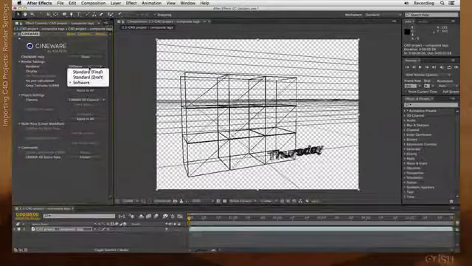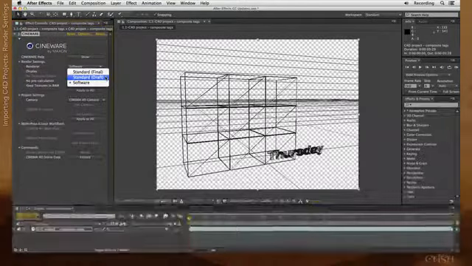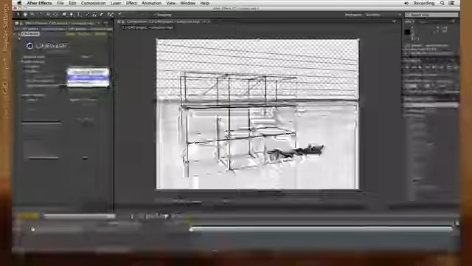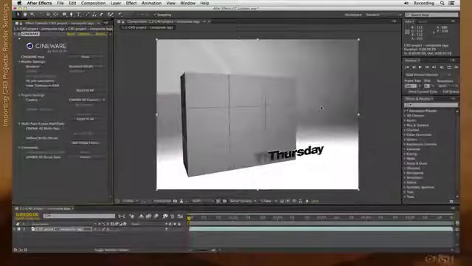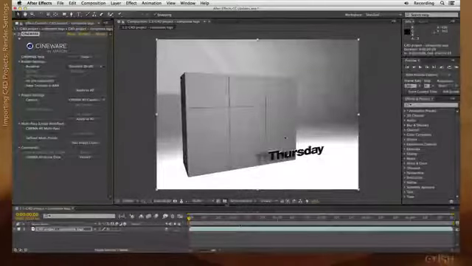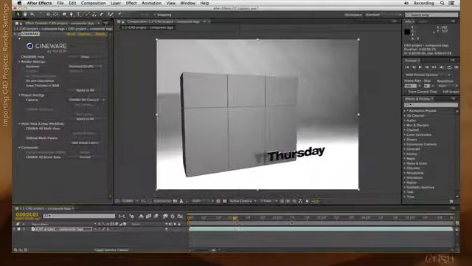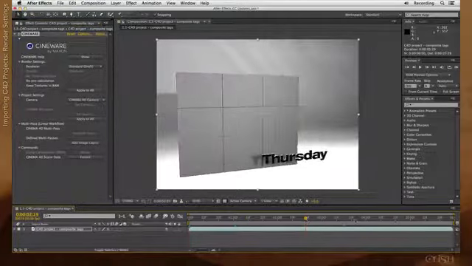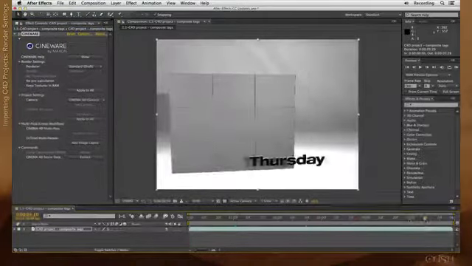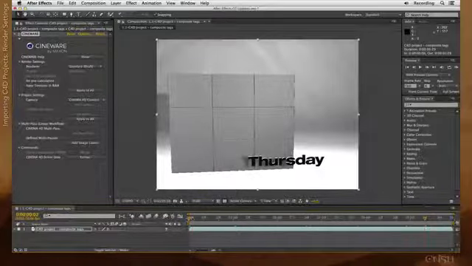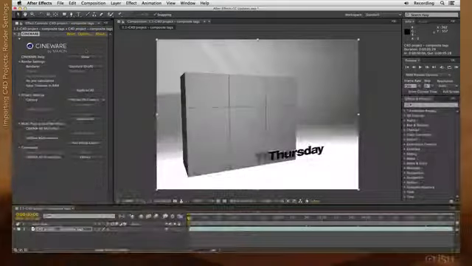I personally find myself using Standard Draft or Standard Final most of the time. Standard Draft is the Cinema renderer with some of the slowest options disabled. For example, you'll notice there's no anti-aliasing. But again, I want to point out, as I click around the After Effects timeline, that these frames are being rendered on the fly by the Cineware plugin. I have not pre-rendered any movie out of that project.